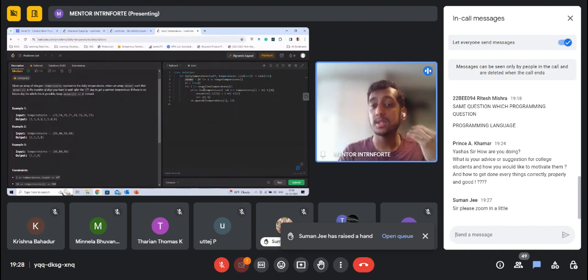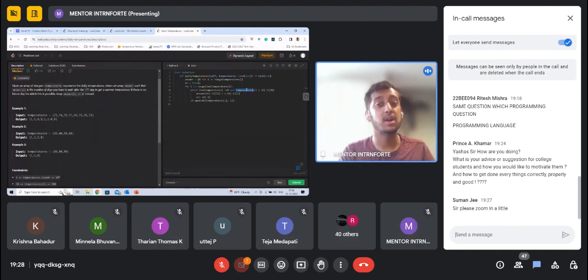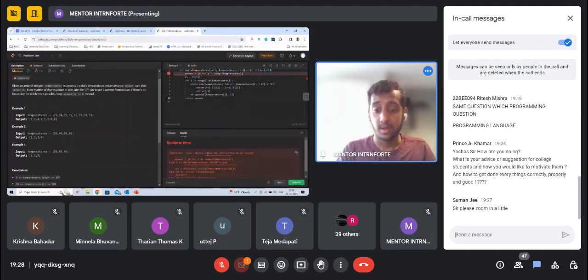And the beauty about using a stack is that we're always going to have an element. So we're going to keep removing until we find a temperature that is lesser than the temperature that we encounter, right? As long as we have temperatures which are greater than what is on the stack, we're going to keep removing it because it is a warmer temperature. All right. So that is going to be my approach. And I'm just going to go ahead and return my answer. And then let's try running this code.